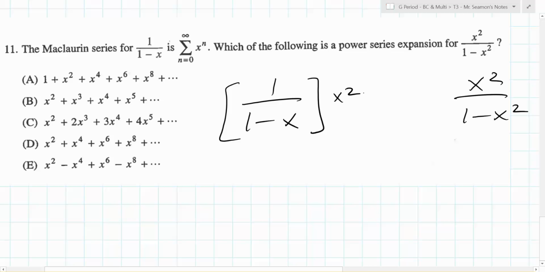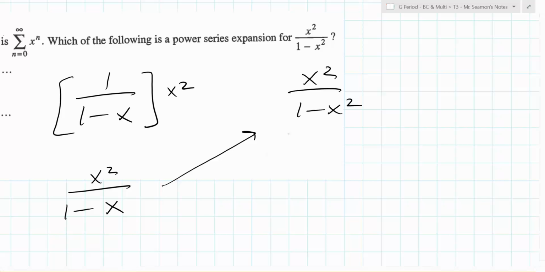X squared. If we multiply by x squared, what do we end up with? X squared over x squared minus x cubed. X squared over what? No, x squared over 1 minus x. Is this closer to that? Yes, it's closer to it. Multiply by 1 over 1